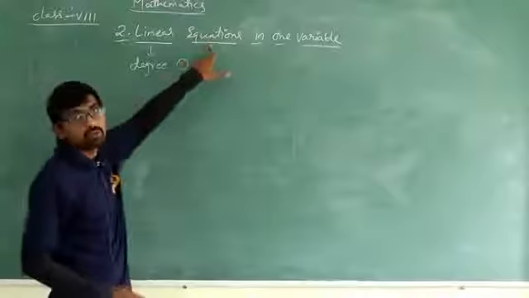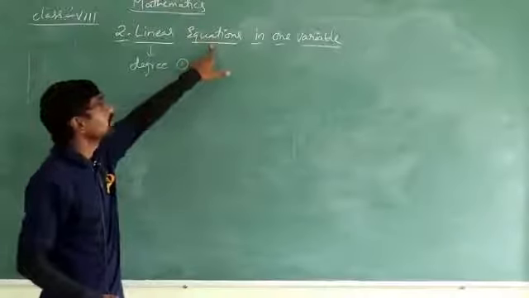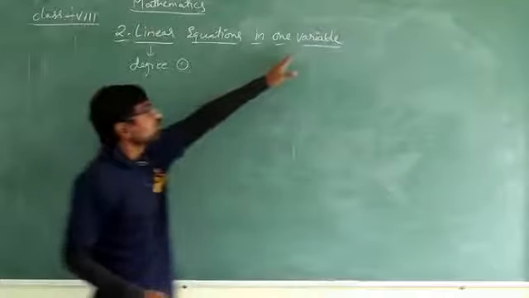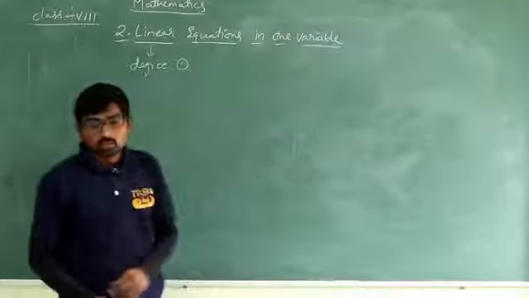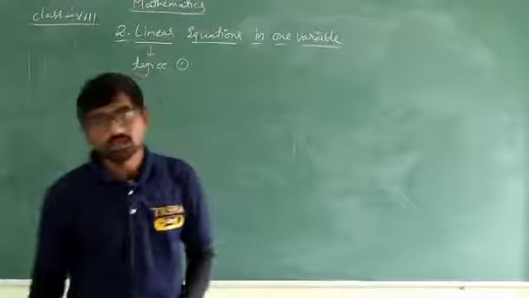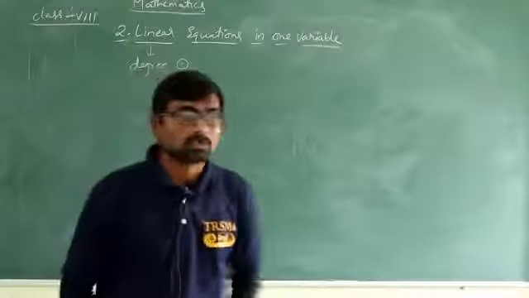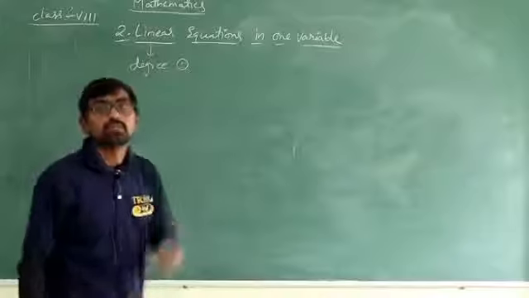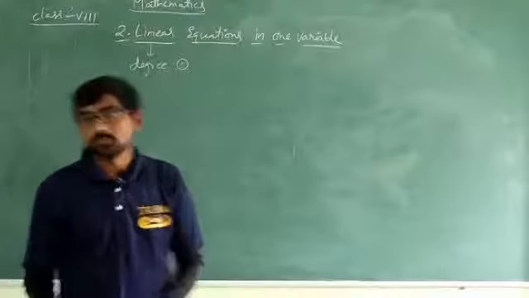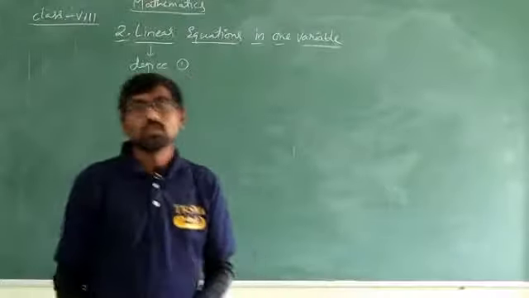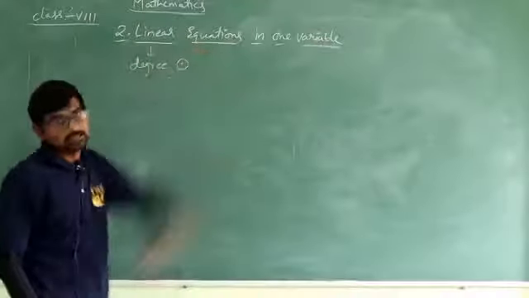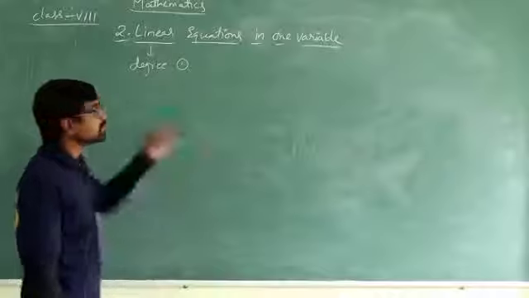I think you know about equations, so we will discuss them in this chapter. Now, variable. What is a variable? Variable is nothing but an unknown quantity. An unknown quantity is called a variable. So before knowing this, we will take one simple example to understand it clearly.